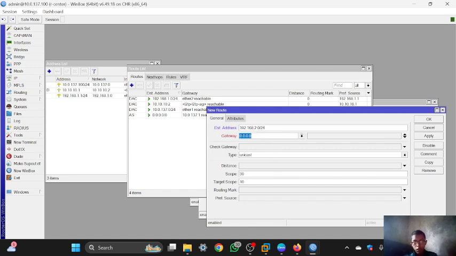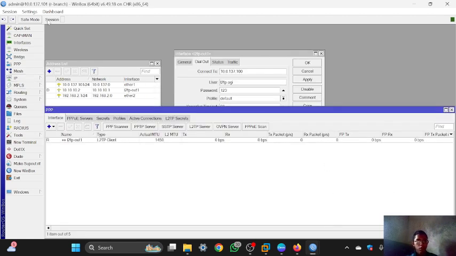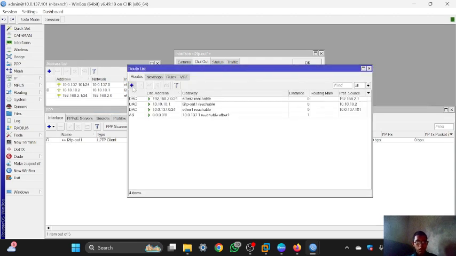and the gateway is using this IP, the IP tunnel of the router branch, and then you can click apply, and it should be AS, active static. And you can configure it in the router branch: IP, then routes, then add.